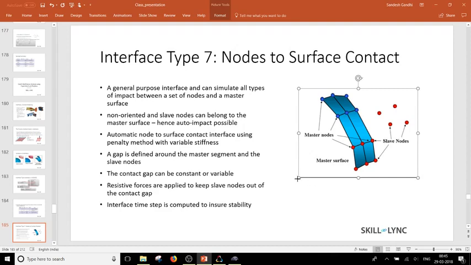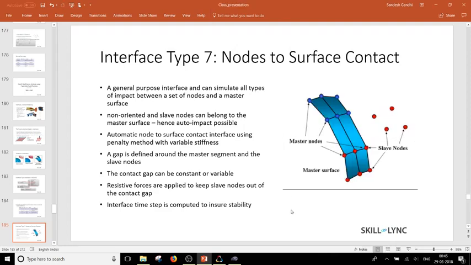We can decide whether that gap is constant or variable, depending on the situation. And then the resistive forces can either keep the nodes at a certain location, or they can keep the nodes always out of the vicinity. That also can be decided using the contact card, and that will be really interesting to look at whenever we are looking at a